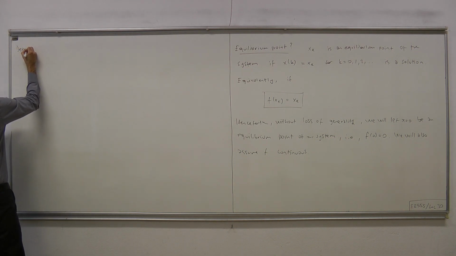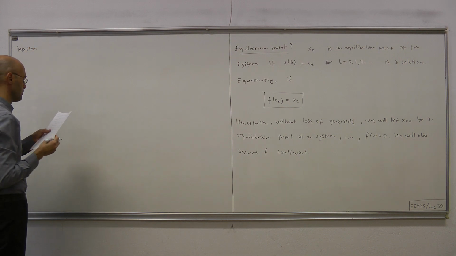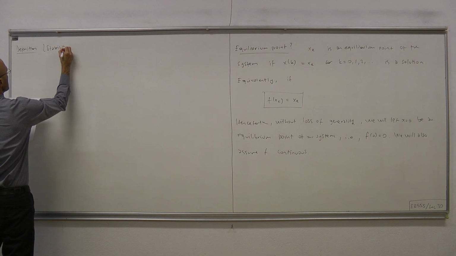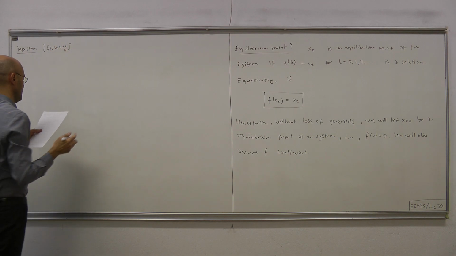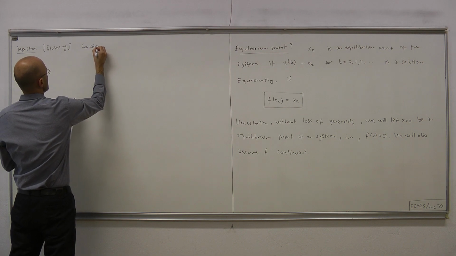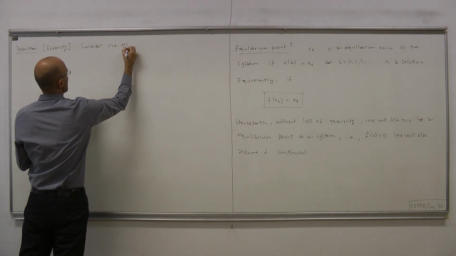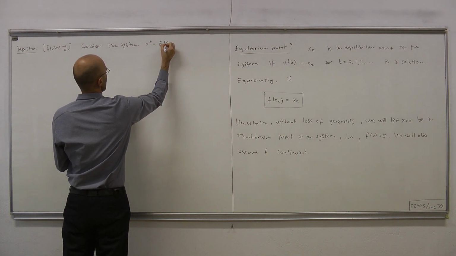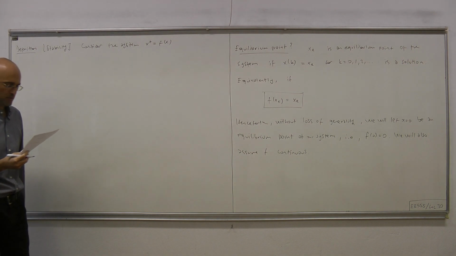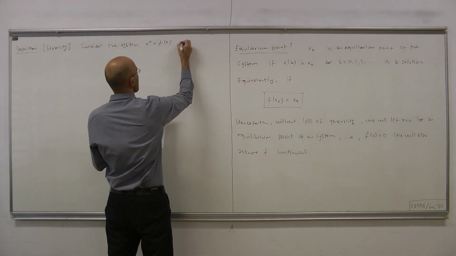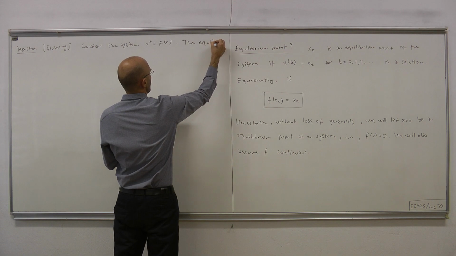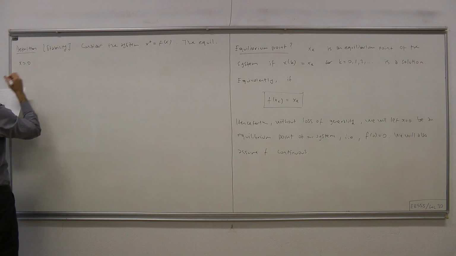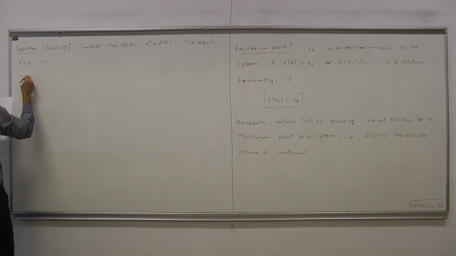Here is the definition of stability for a discrete time autonomous system. So consider the system x plus equals f of x, discrete time autonomous system. Equilibrium x equals 0, the origin, is said to be